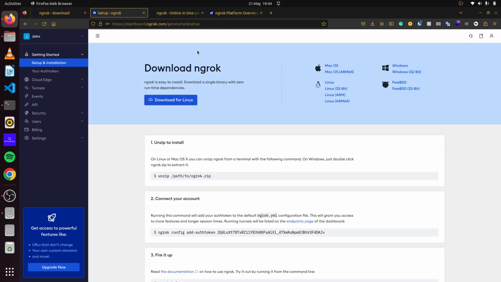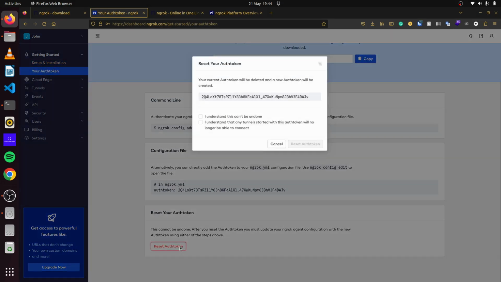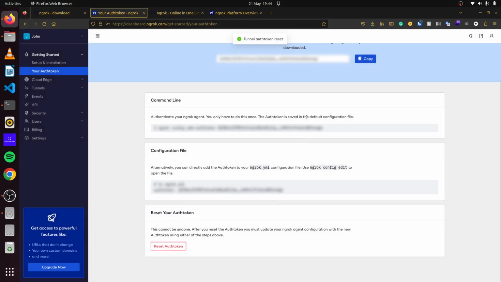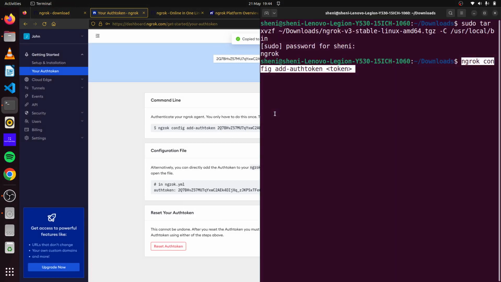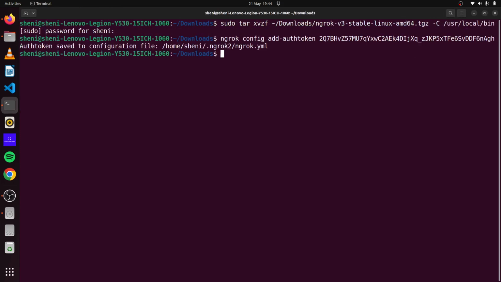and this will take us to our dashboard here. So from here we can see all our information. You can see our authentication token that it has given us here. If we wanted to change it, we can simply click on reset, and this would reset our token and generate a new one for us. So I'm just going to copy this, and we'll head back to our terminal and we paste it in here, and it goes ahead to tell us authentication has been saved to the configure